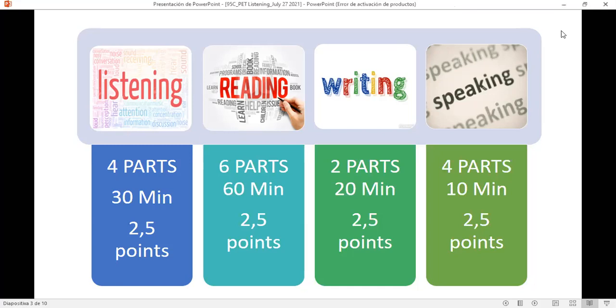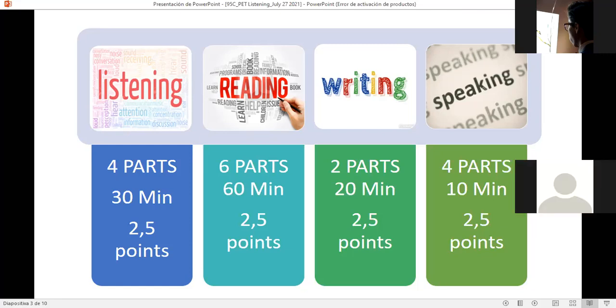Any other question, guys? Maybe. Yo, teacher. Steffi, tell me. Por ejemplo, quería ver sobre las fechas. El semestre ya en este último, ¿hasta qué fecha se acabaría y cuándo empezaría ya para dar el examen de suficiencia? Okay, that's a good question, Steffi. Thank you. You know, guys, we try that all students can access to this test.